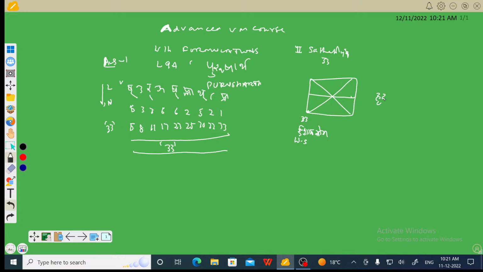For the second formulation, Divya Janma, we had north and south. Now the third formulation, Purusharth, takes us to, now this Ishan cone